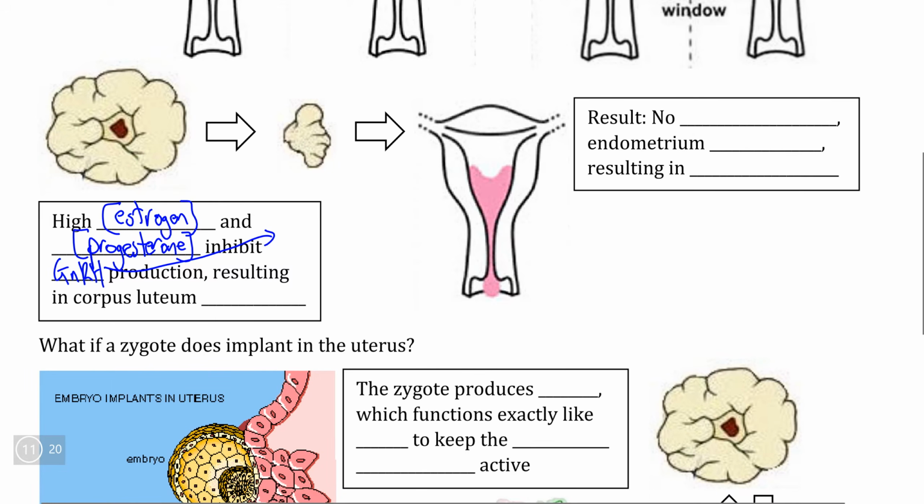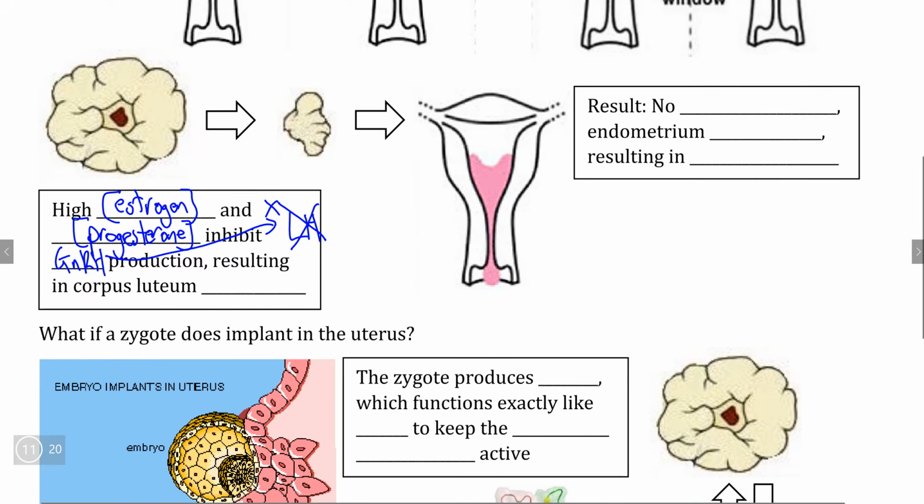And therefore, if we have no GnRH, we also have no LH production either. And without LH, we have no way of sustaining the corpus luteum, and therefore we get the atrophying of the corpus luteum. And therefore, as a result of no corpus luteum, that means that we no longer have a source